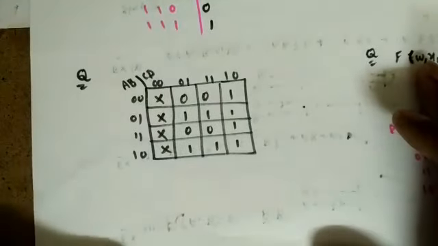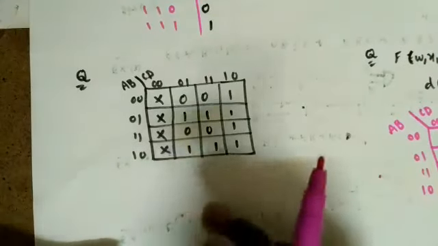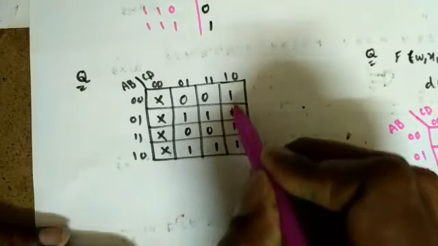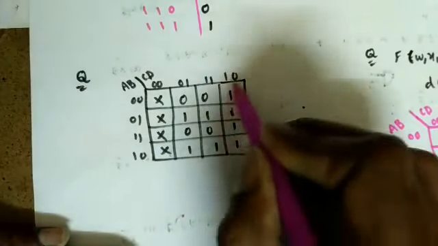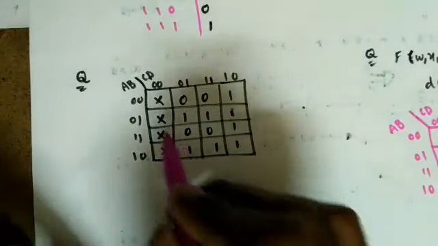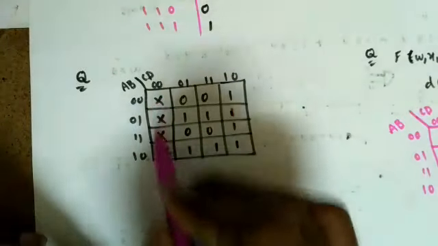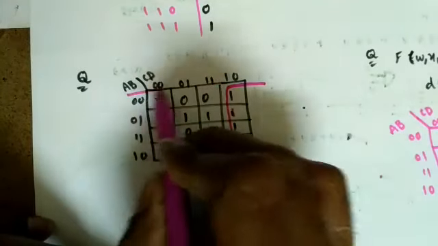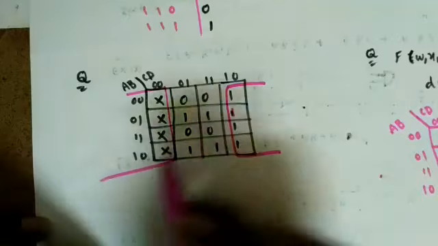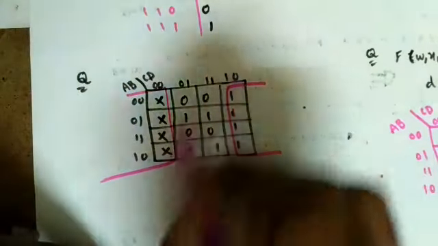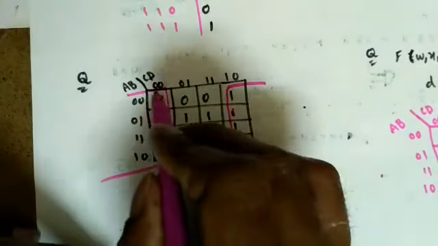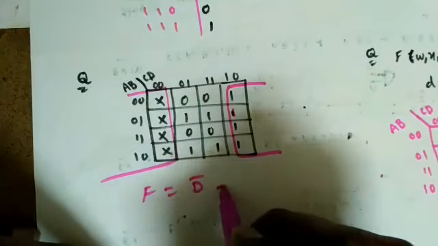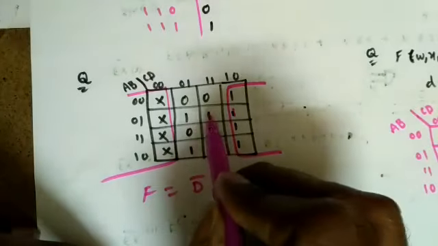Now we'll see 4 variables. So in these cases how to make it? See, if you see there are 2 or 4 ones, I can make a quad like this. But if you see this corner, all are don't cares. So if I assume all these don't cares are x is equal to 1, I can make an octet here, right? So this is an octet, adjacent squares. So what is the function value? Which one is common? 0 0 1 0. So d bar is common, so d bar plus, and if you see this one,